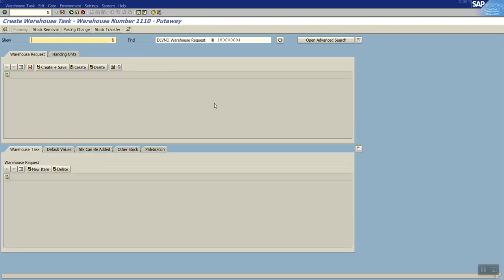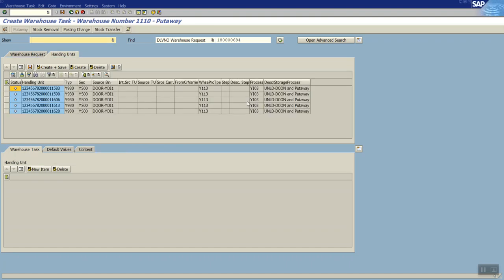So since we are working with the POSC, it is mandatory that we work with the handling units only. POSC with product tasks doesn't work. So my WPT is this and my storage process is this. So I'll go ahead and create the warehouse tasks for this.